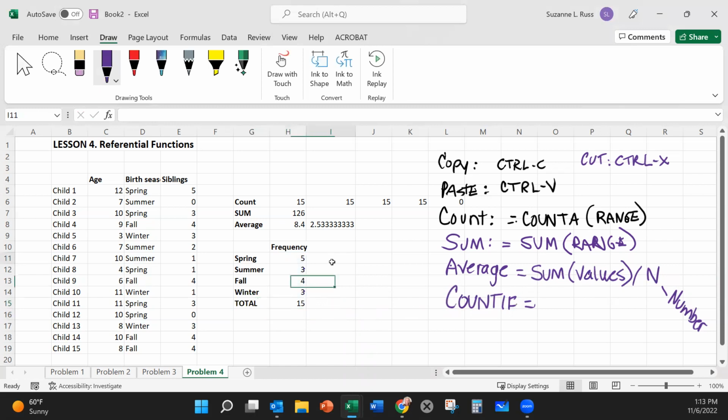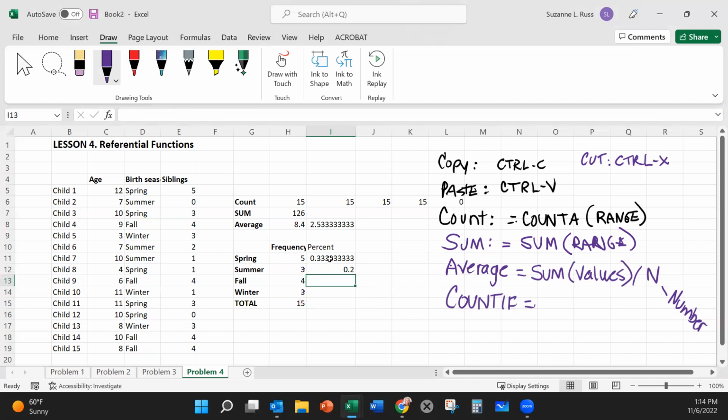So now let's use this information though. Now we're going to figure out our percent by taking each number, each frequency. So there were 5 children in spring. Let's click on that frequency and divide by the total. It looks like 1/3, and that's correct, 5 divided by 15. Now we could write this formula again, equals for summer 3 divided by 15,